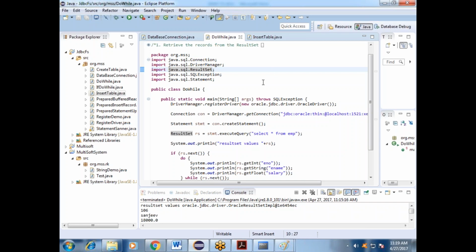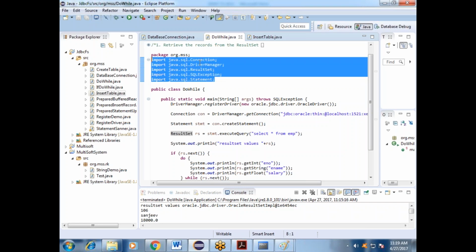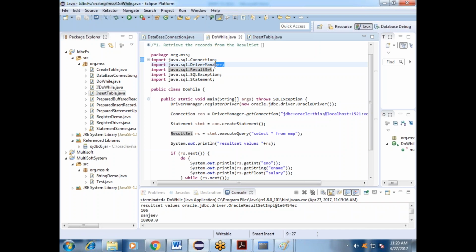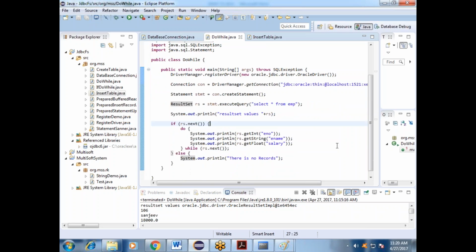So what are the most important interface classes we are required to import here? SQL Connection, DriverManager, SQLException, Statement. These we import here. All the classes and interfaces are predefined inside the jar file, and they are accessed only through it. If the jar file is not there, they will not work properly. That's why we need to know what the specific role of each is. That kind of information is required to learn. Then you will easily be able to do that in any application.